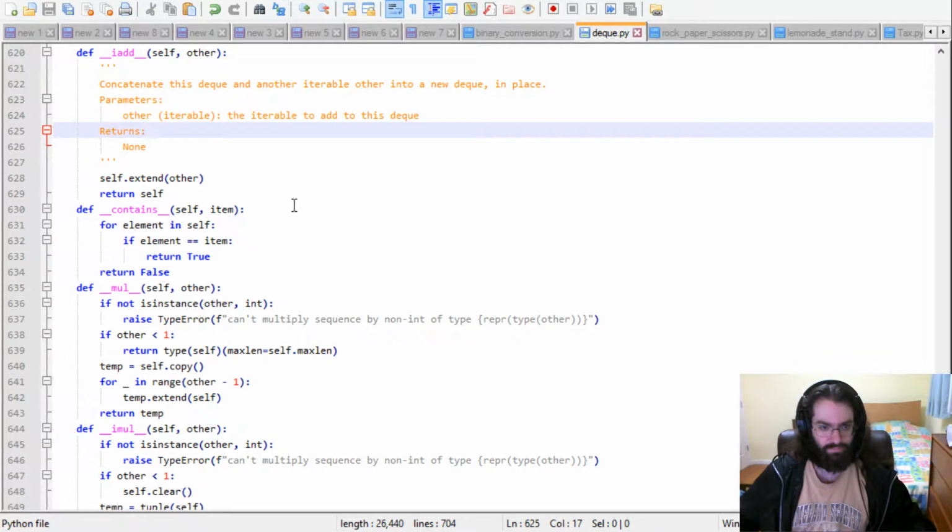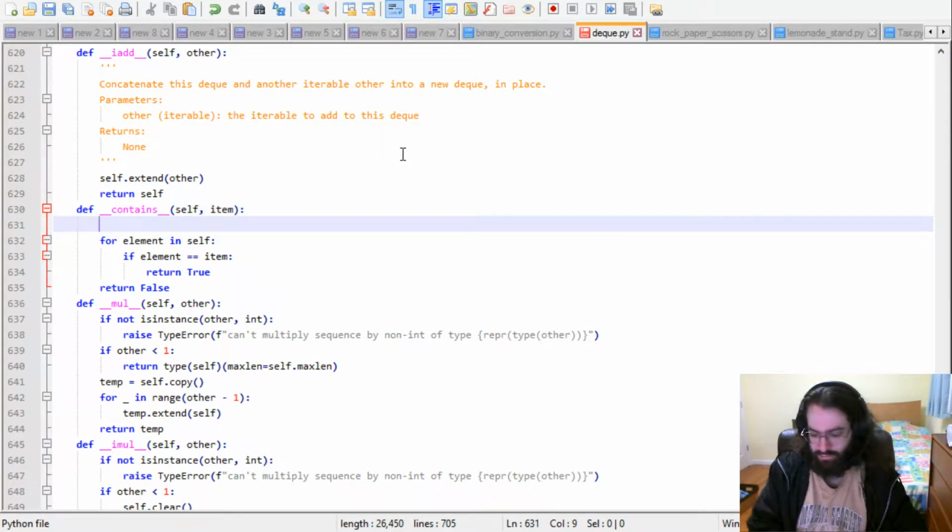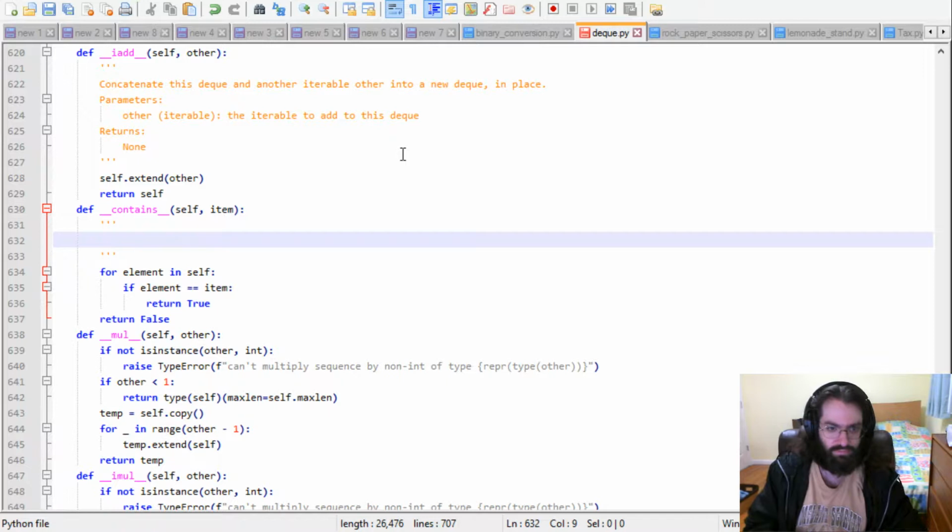So, let's write a docstring. A Deque string, because it's for a Deque. Get it? Anyway, contains